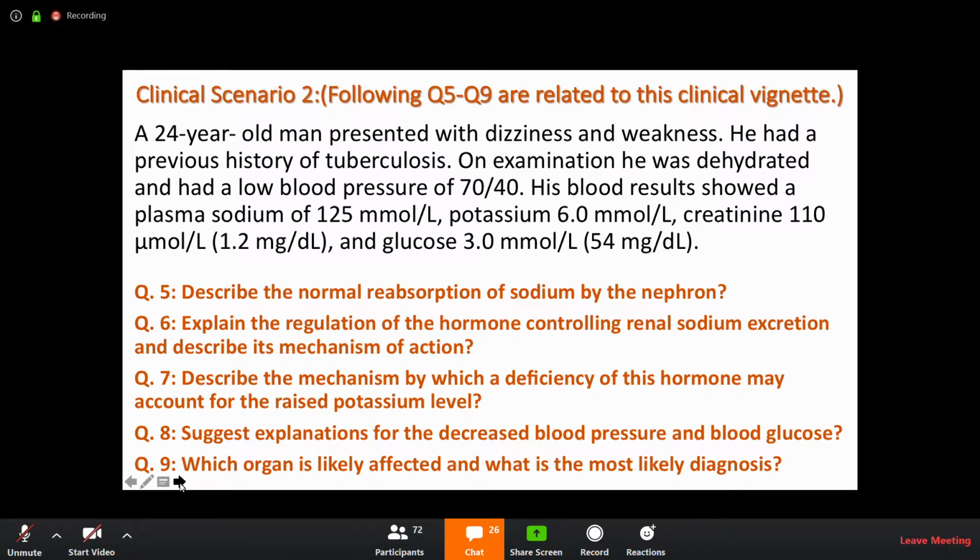Dr. Abdullah has done most of it, but I can add just one little point. He did a pretty good job giving answers for question numbers 5 and 6. As he pointed out, aldosterone is your principal hormone responsible for the absorption of sodium. Its effect is mostly in the distal nephron, in the cortical collecting duct, in the medullary collecting duct, and in the late